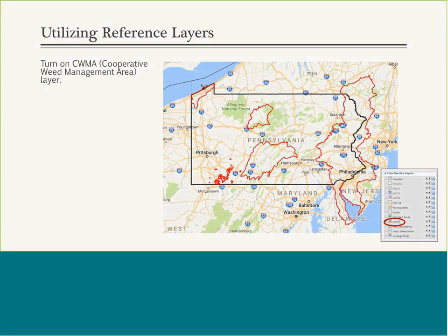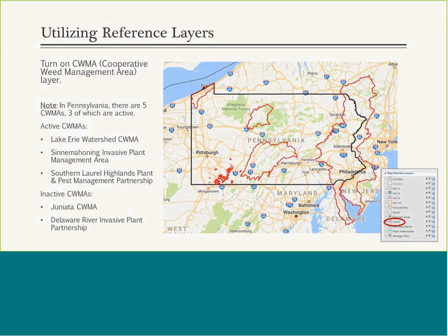This one is for those of you who are involved in cooperative weed management areas. This layer is going to be a really important tool for you to use because it's going to allow you to see all the data that's being incorporated that's within the region you manage. Just to point out what's on this page,